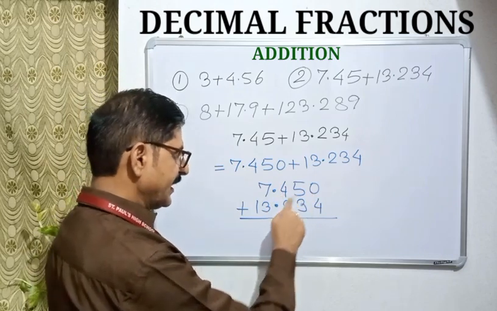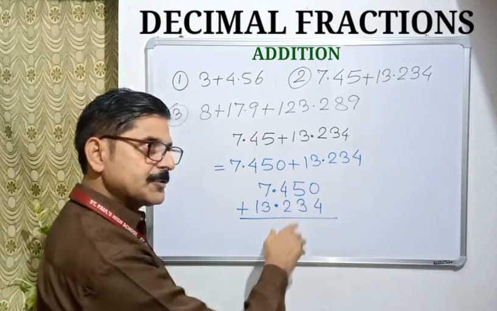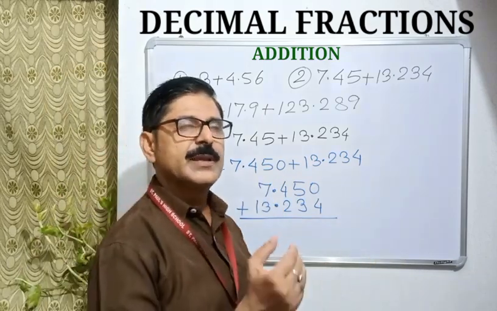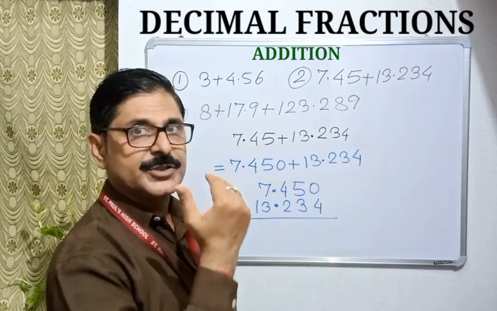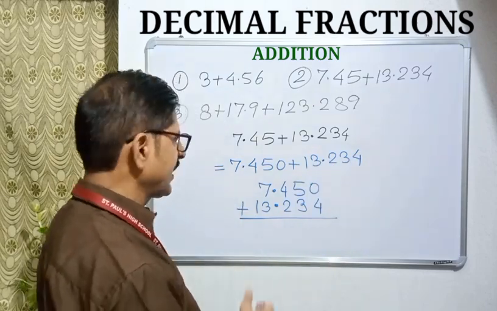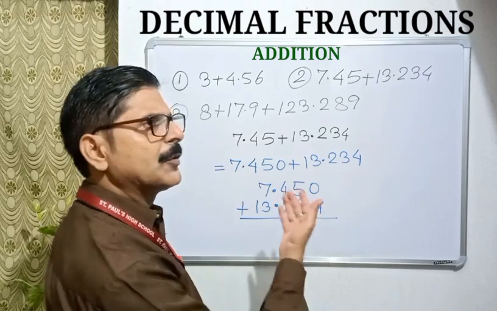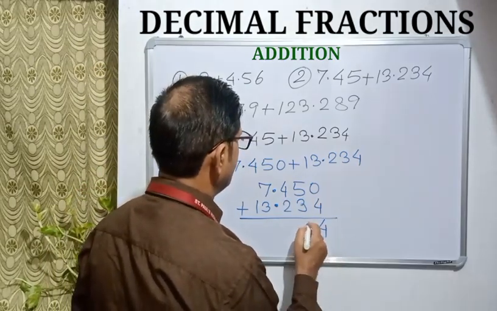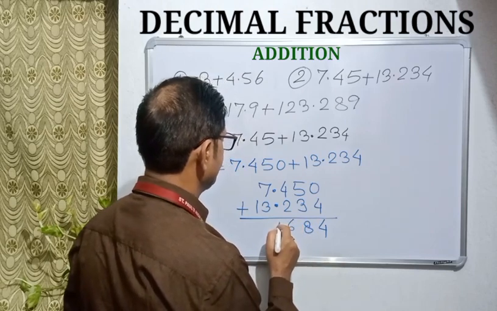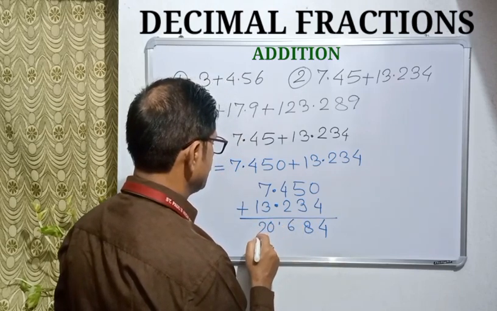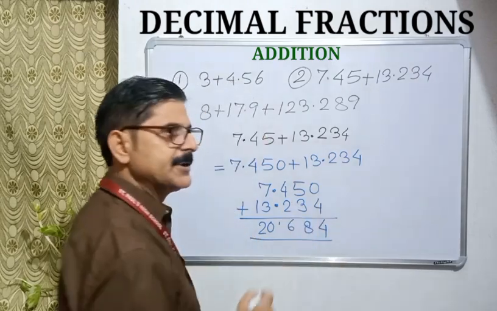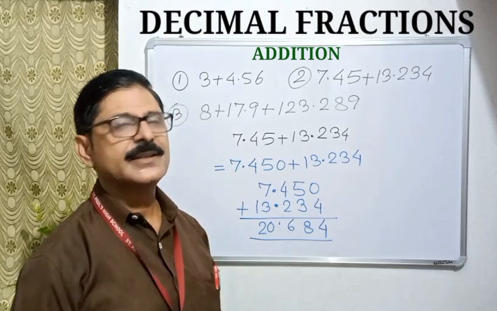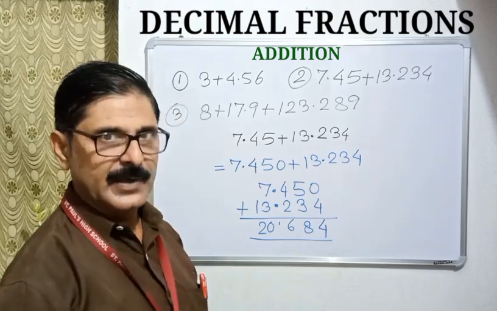3 places are here and 3 places are in this number also, to the right side of the decimal. This is very much important as we begin addition from the rightmost side. So this is very important. Now add as you do for whole numbers. This is 4, 8, 6, 0, 2. Isn't it easy? Of course it is.